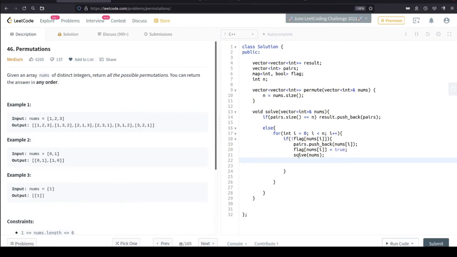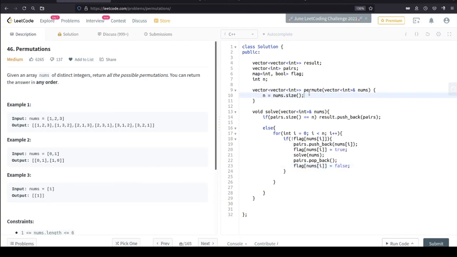And after coming back from this function we will pop back that number, and we will remove the flag of that number also. We will set it to false, okay. So this is how backtracking is used.